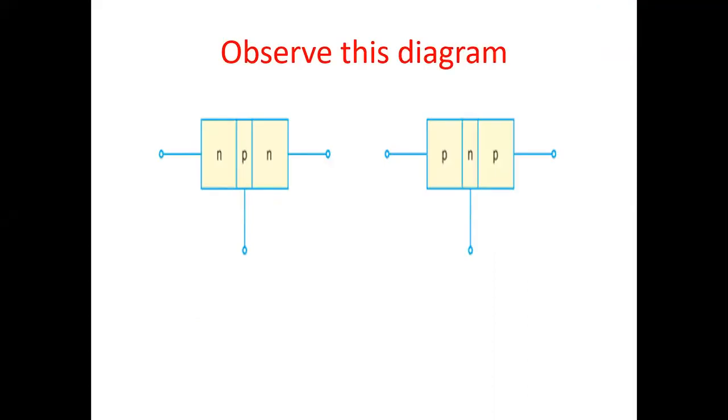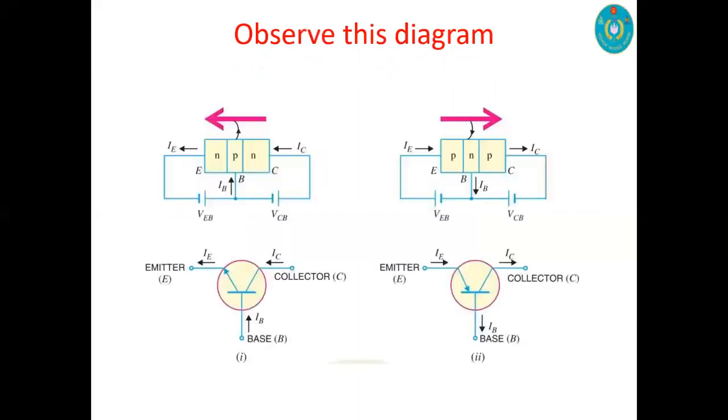And there's a block diagram for the transistor. First one is the NPN transistor, and the second one is the PNP transistor. And we all know that a transistor has three sides, that is emitter, base, and collector. In this diagram, the direction of current is also shown for the PNP and NPN transistor. On the left side, we have an NPN transistor. First one is the block diagram, and the second one, below on the left side, is